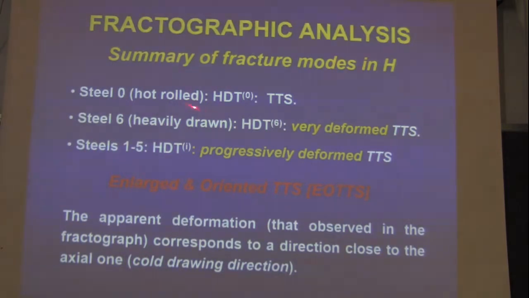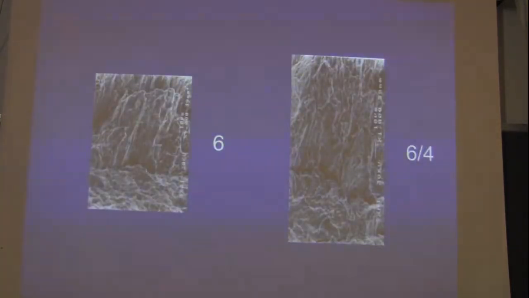in steel 0, hot rolled, 0 degree of cold drawing, we have TTS. In steel 6, heavily drawn steel, hydrogen damage topography 6, very deformed TTS, tearing topography surface. In intermediate states, progressively deformed TTS. And as a summary, we have enlarged and oriented TTS, EOTTS. The apparent deformation observed in the fractograph corresponds to a direction close to the axial one, or cold drawing direction. Then let's go to the computer to produce this beautiful fractograph